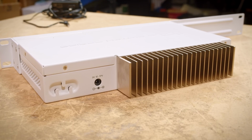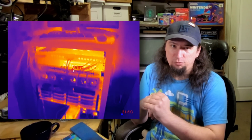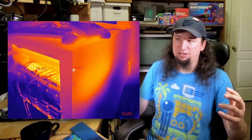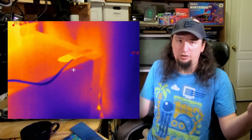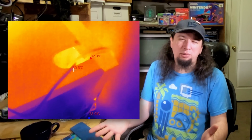There's going to be an upcoming project that has to do with the server rack and those in particular. The MikroTik is fanless. It just has the giant heatsink on the back. And the Aruba actually blows air sideways through the switch, so it doesn't cycle front to back. What this means, and what we can see with the thermal camera, is that all of the heat from those two pieces of equipment just floats at the top of the rack and never leaves it because heat rises and they're at the top. So it just sits there stewing at like 32 degrees Celsius, which isn't too bad,